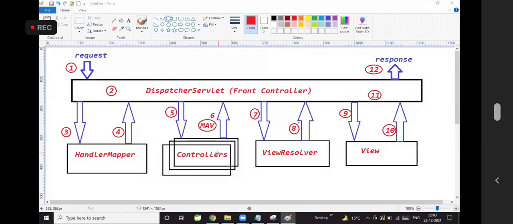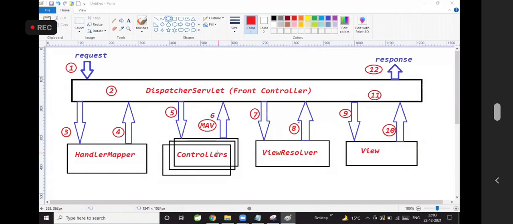That's why it will just give the file name to the dispatcher servlet. Here, dispatcher servlet will give the file name to the view resolver. View resolver will identify what the view technology is and where the view file is.